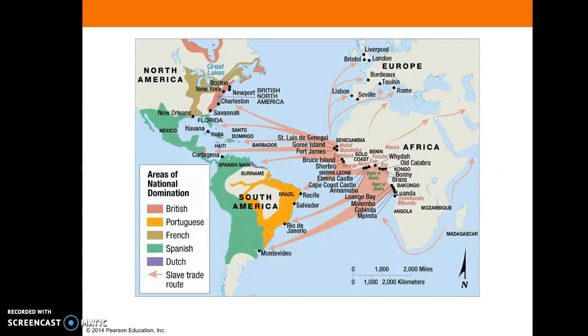And so if you see here, this part of Western Africa is where the slave trade was concentrated. Sometimes people would have just captured and sold the people themselves. And sometimes rival villages and rival tribes would have kidnapped people and sold them into the slave trade. And you can see where they were forced to migrate.